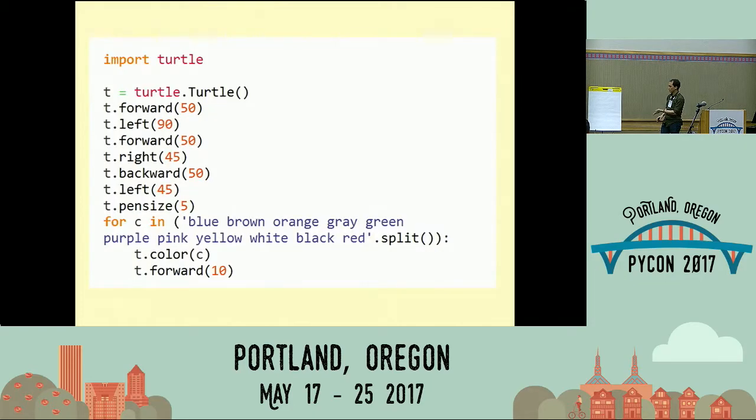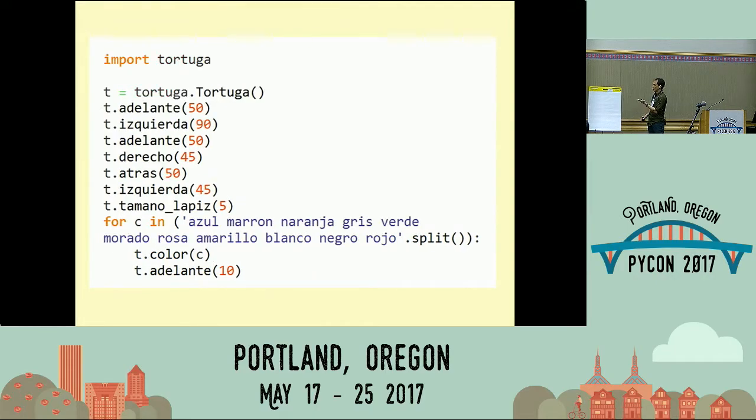So I thought, hey, we could do this with turtle.py. So there was a group of us who essentially just copied turtle.py and then added all of the Spanish translations for the function names and method names and class names, everything in the language. And that way, your turtle program that looks like this can be typed as this.